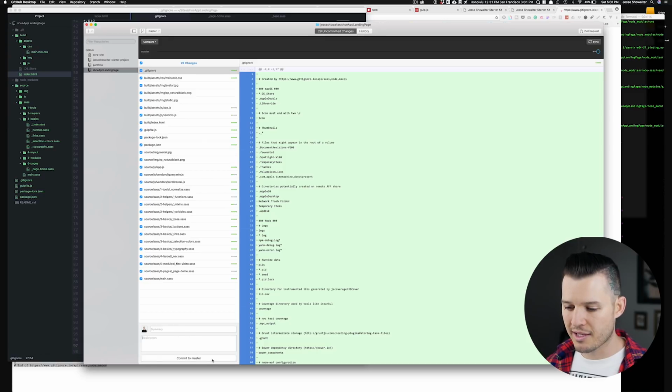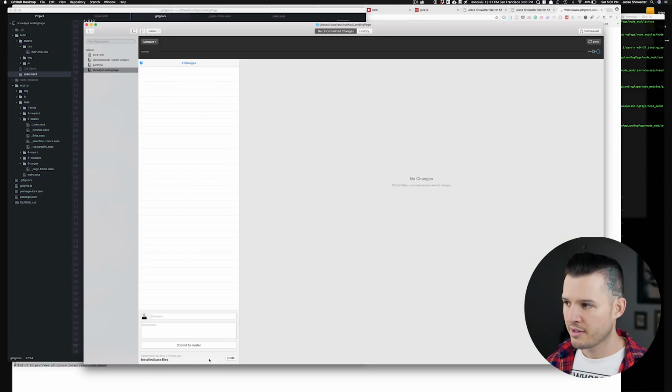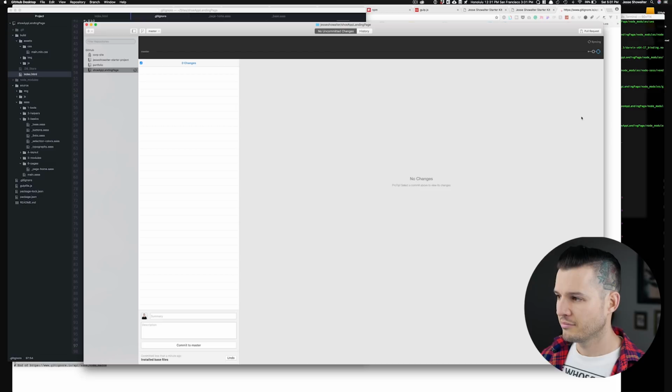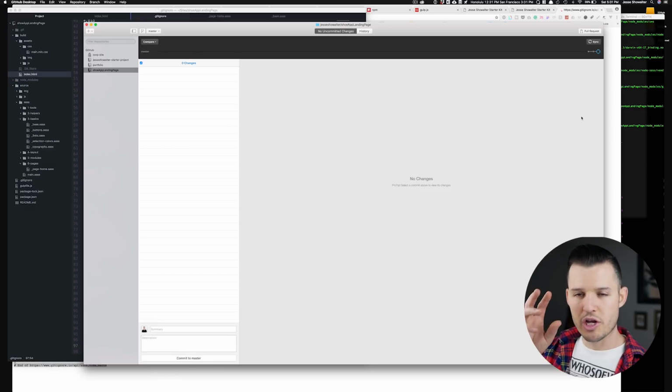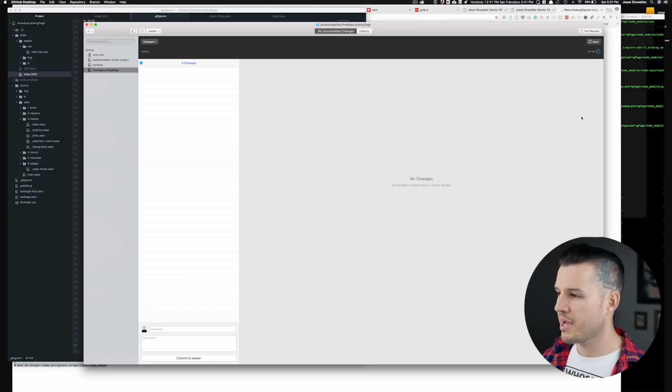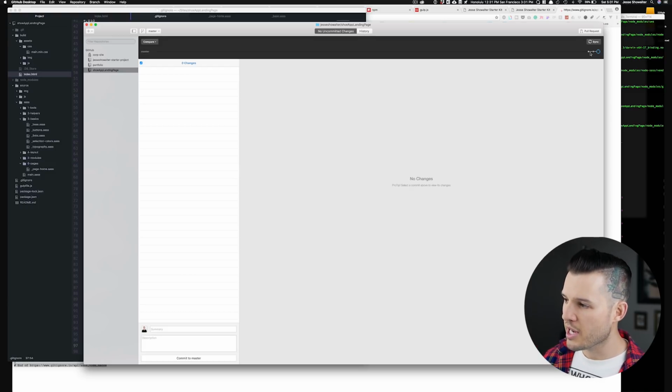But you're going to see as I commit this to the master, there it is. It's now staged and committed there. And then the last thing we want to do is just sync. Okay, so those changes have been committed and synced up to the master repo. And now you can see it changed just visually.